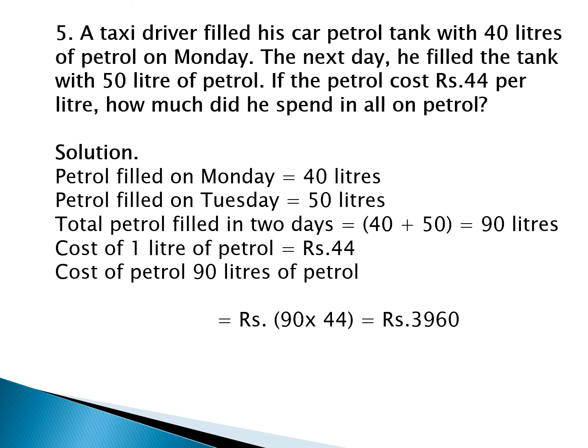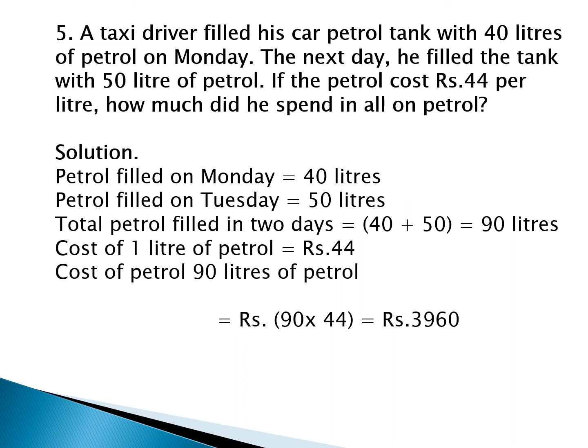Now you can do this question in two ways. Either you can find out the cost of petrol on both the days separately, like you find the cost of petrol on Monday, and next you will find the cost of petrol spent on Tuesday. Then you will add on both the days. And in another way, you can first find the total liters of petrol, by finding the total liters of petrol on Monday and Tuesday, then you will multiply the total quantity of petrol by cost of petrol. So now we are following the second way, which is easier.